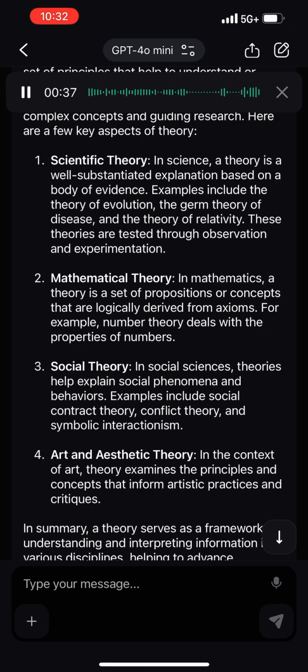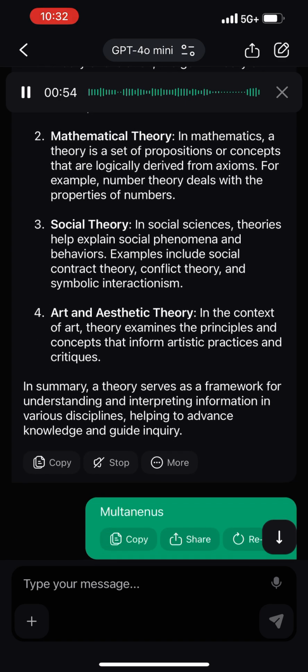2. Mathematical theory. In mathematics, a theory is a set of propositions or concepts that are logically derived from axioms. For example, number theory deals with the properties of numbers. 3. Social theory. In social sciences, theories help explain social phenomena and behaviors. Examples include social contract theory, conflict theory,